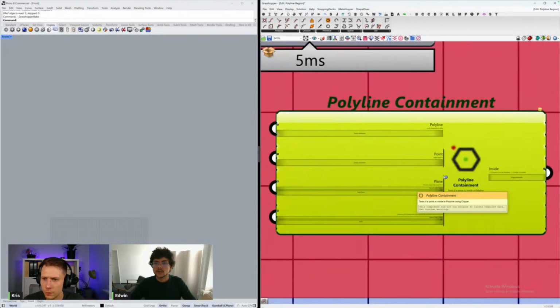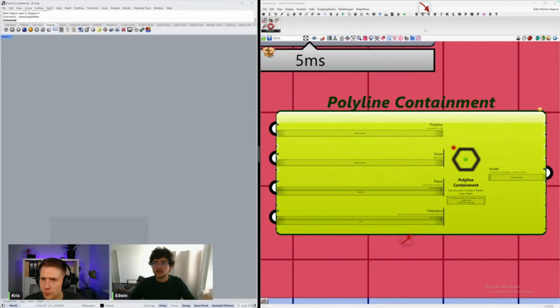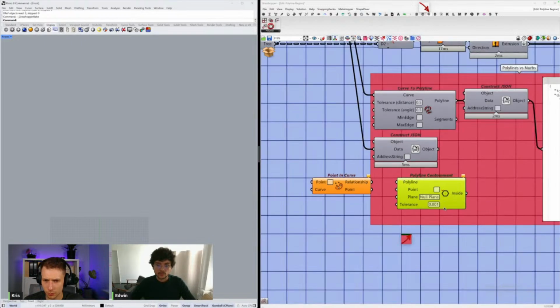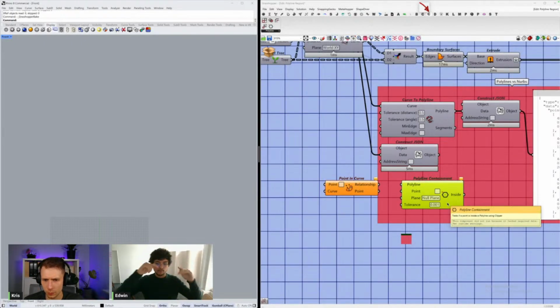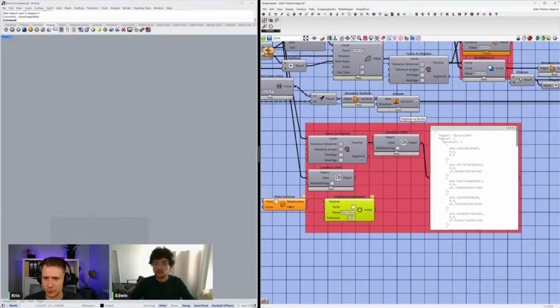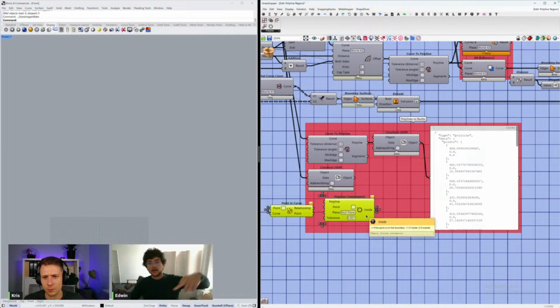Let me see from which plugin this one comes. Yeah, here it is. Clipper, I think it's called. Yeah, Clipper. And this one has the polyline containment, which is way faster to compute, again, because we are just checking a list of points against a point. That's all. So it's way faster to compute. So I recommend using polylines, not just for creating geometry, but also to create checks. I could do a check here of a polyline containment and continue anyway with NURBS, for example. This is just used for making geometrical checks.